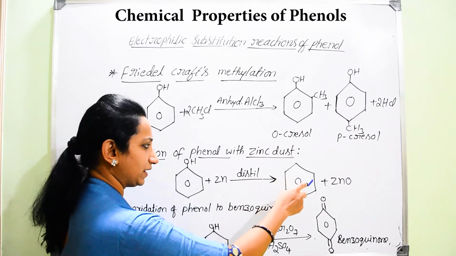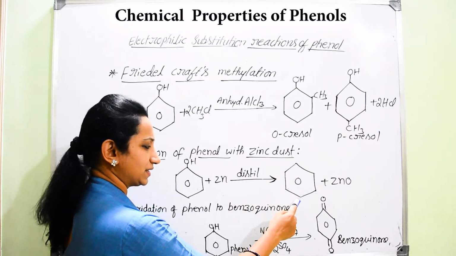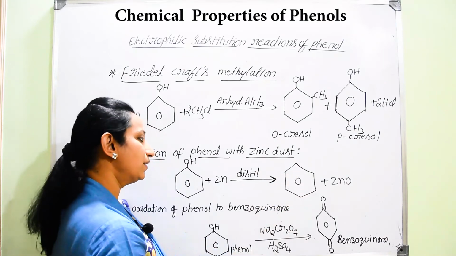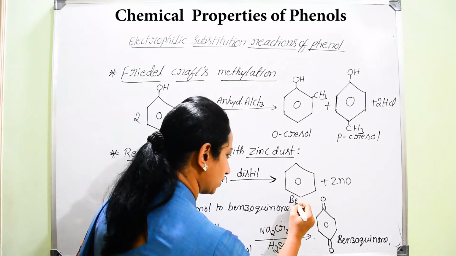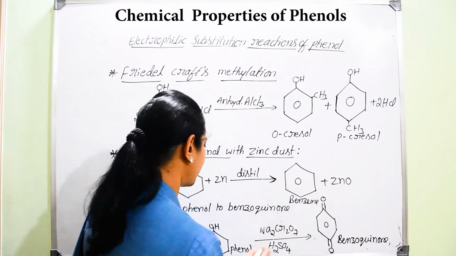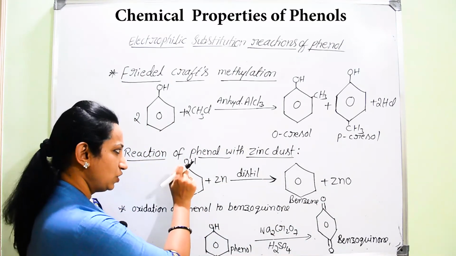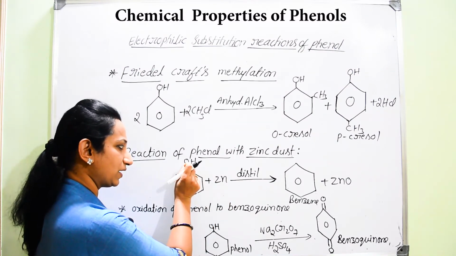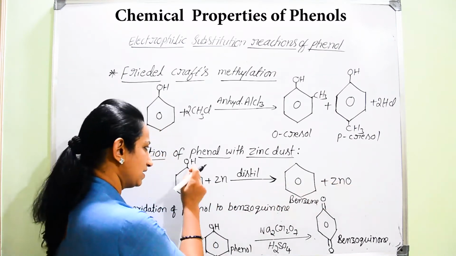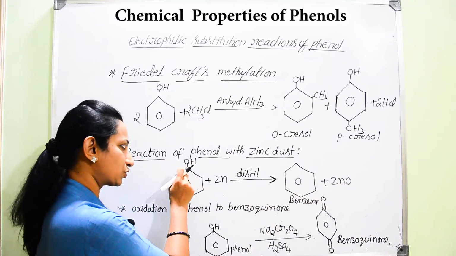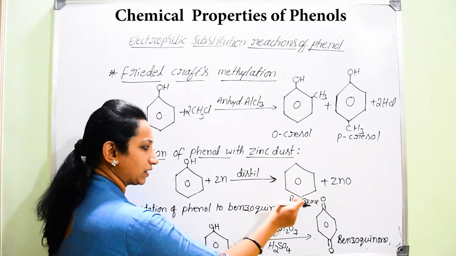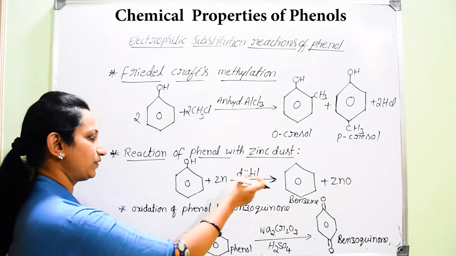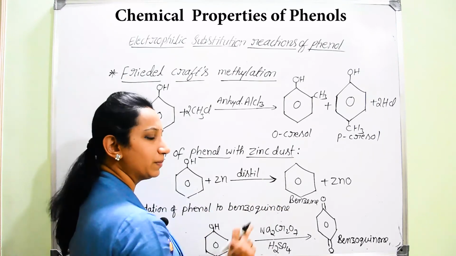Hence it will complete that aromatic ring, C6H6. So that is nothing but the formation of benzene. It's a very simple reaction. As you can see here, the OH group is interacting with zinc. Zinc will combine with only the oxygen in the form of zinc oxide. That hydrogen will get attached to that carbon atom. So it will complete the formula of benzene, that is C6H6. That is how we convert phenol to benzene.